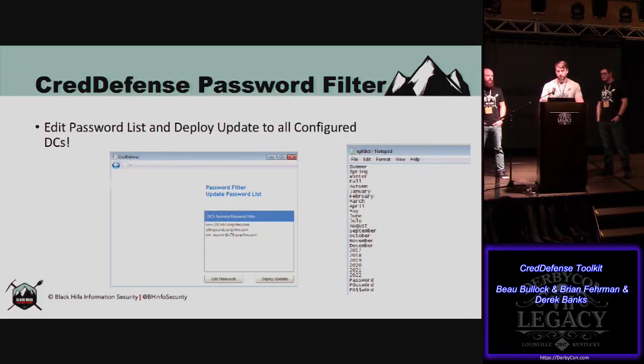It'll show you all the domain controllers for which this is configured. Just click edit passwords, and it'll pop up this little notepad for you. This is the default list we put together. Definitely feel free to add to it, whatever you think should be in there. You can edit these, remove, add, whatever, and after you're done, you can deploy the